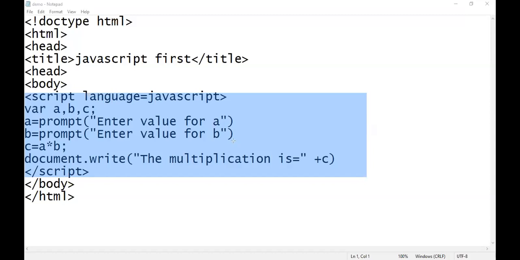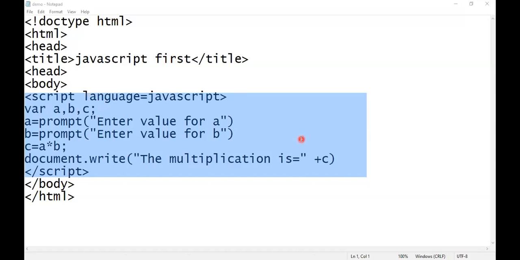Now in the first part here you can see we have declared three variables. Variables are always declared using the var statement: var a comma b comma c. So here I'm going to declare three variables, and each variable is separated by a comma. Each statement in JavaScript always ends with a semicolon, but it is not compulsory in all browsers available in the market, so it is optional.